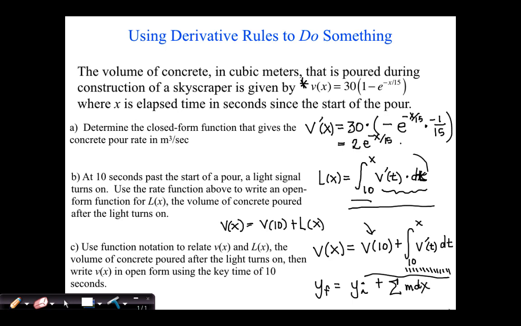Those two express the same thing, but the relationship between them is just that the V of x is the total volume from time 0, starting when we began pouring concrete onward, and the other is starting at time 10. All right, so